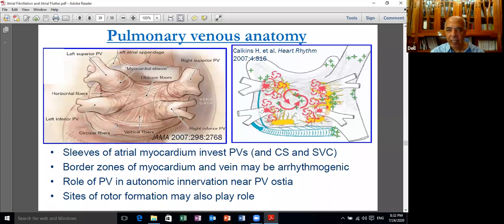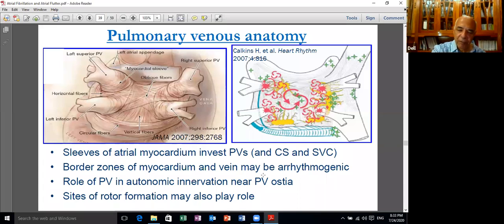Now this invades the atrium and undergoes several modifications because of the activation of ganglionic plexi on the posterior wall of the atrium, as well as what we call CAFE, or complex fractionated atrial electrograms, which are areas of fibrosis which fractionate the impulse and produce multiple wavelets that collide, extinguish, and reform, or can create a rotor. So it fibrillates. So the role of the pulmonary veins and the autonomic innervation near the pulmonary veins is actually playing a vital role,